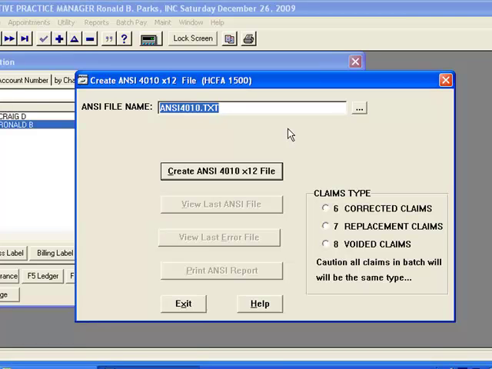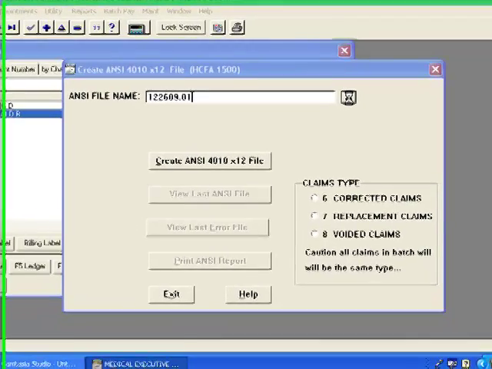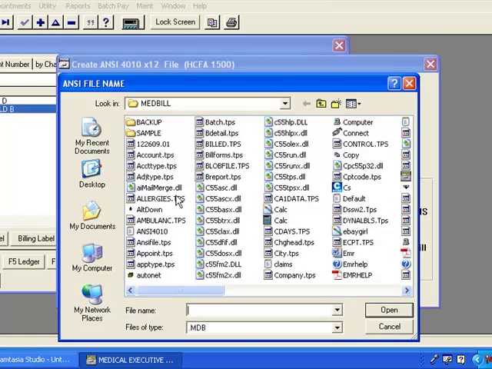This is where you'll create the ANSI file. The default name is ANSI4010.txt. It's a good idea to change this to something meaningful to you and to save these for a week or two after you submit them. I'm going to use 122609.01. This can be any name. It can be any location. You can use this little browse button to browse to a portion on your computer and change the directory of where you're going to put this file. You just need to remember where you put it and the name